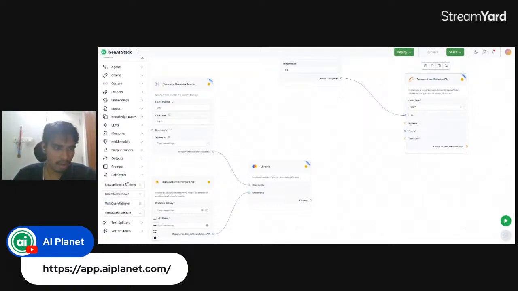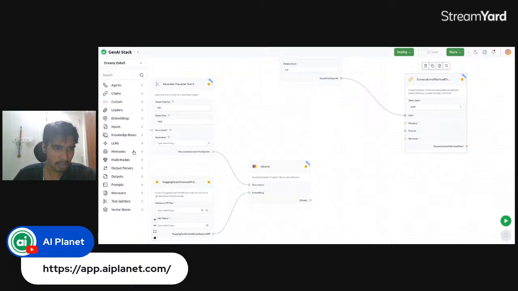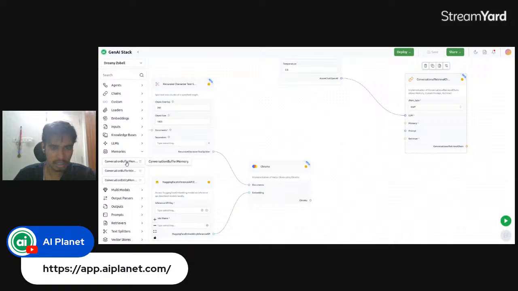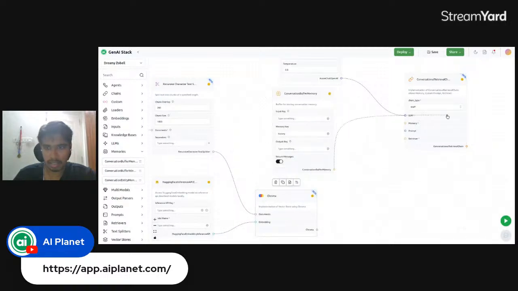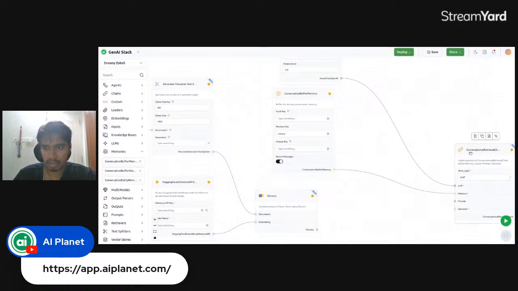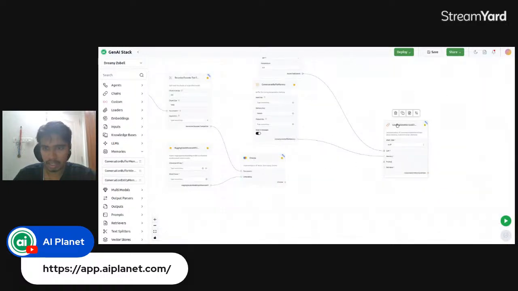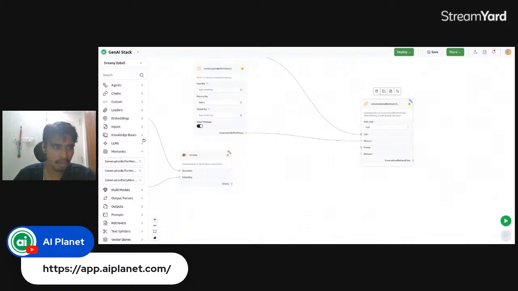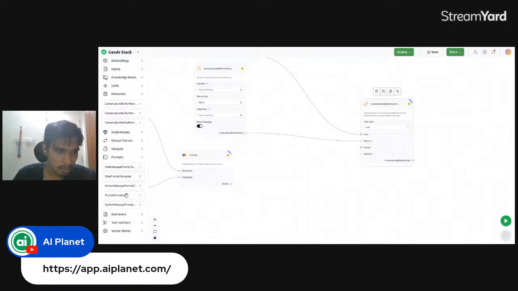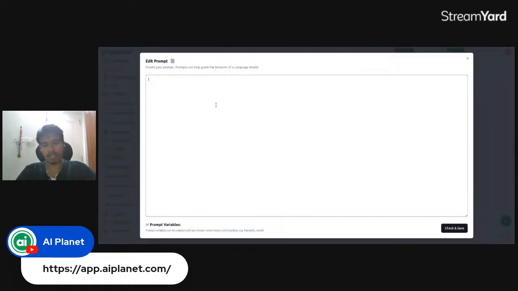After that, you have the memory component. The memory component is basically for the contextual history. I can choose the conversation buffer memory here and connect it to this memory input. And then you can have a prompt. The prompt is optional here, since there is no mandatory star. But you can have your own prompt as well. Your prompt would